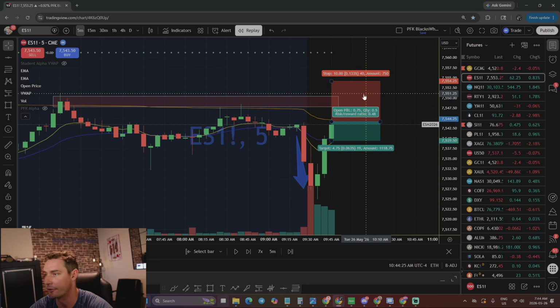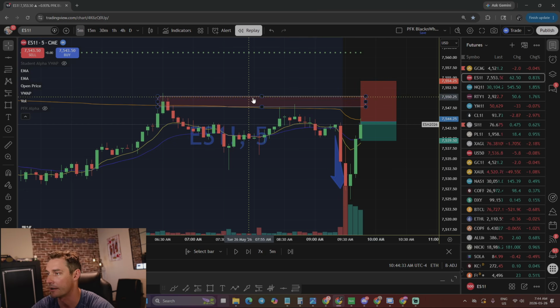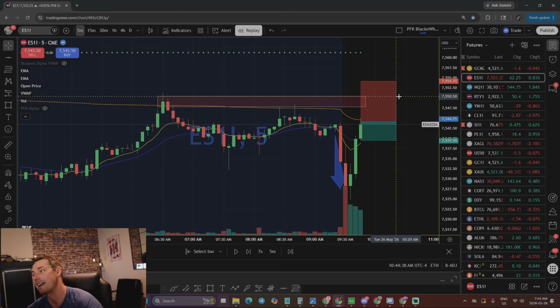And the beautiful thing about that is if we enter on the VWAP and the stop loss is up here, well, we're way above this previous market structure, right? We're way above it. And another thing I like is we are above 75.50, which is kind of a little bit of a